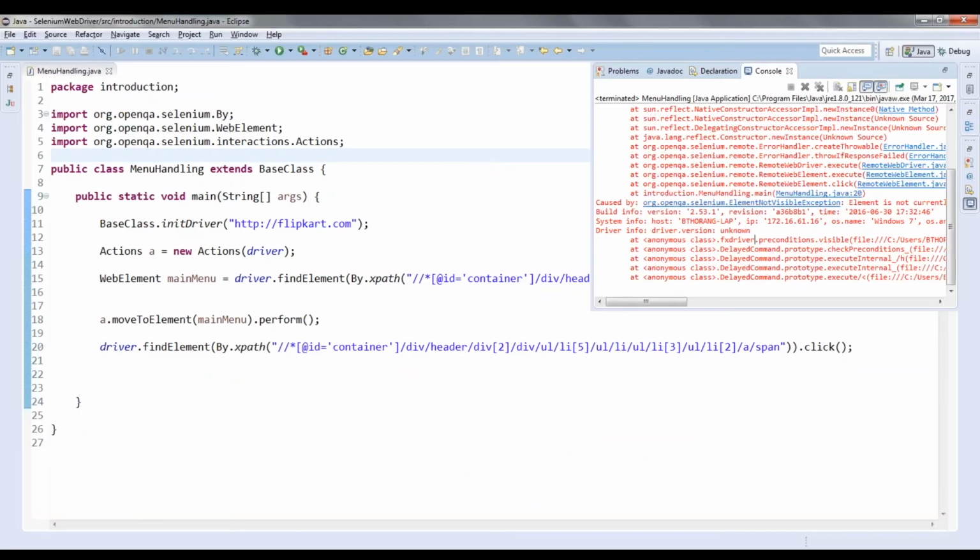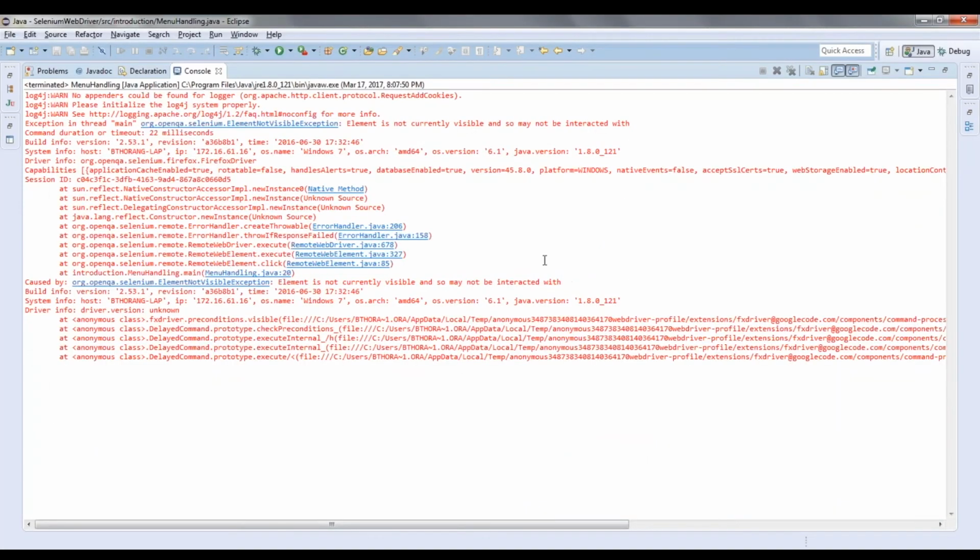It's not clicking. Let me see. Getting some error: element is not currently visible.